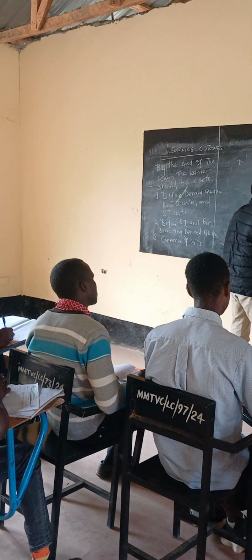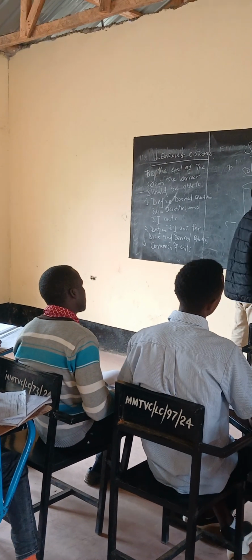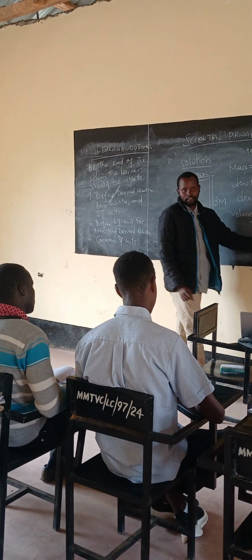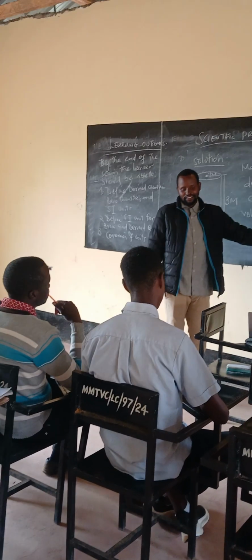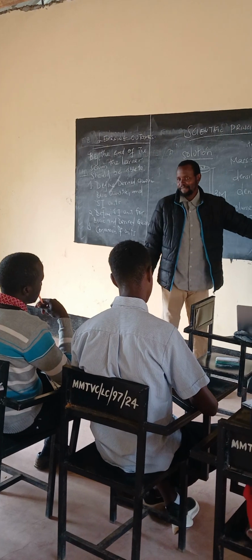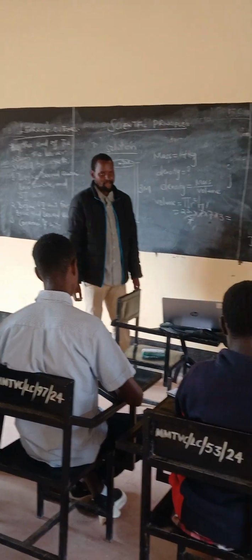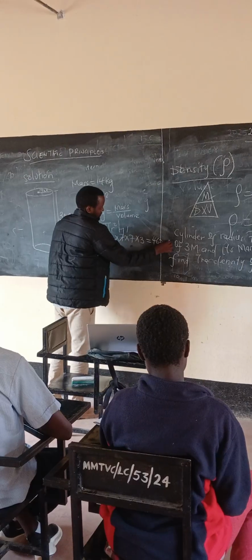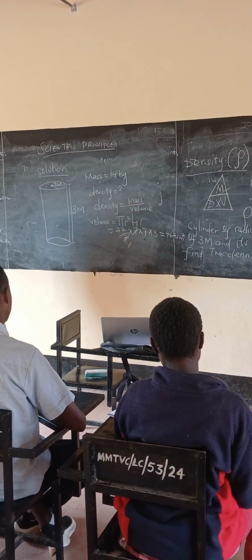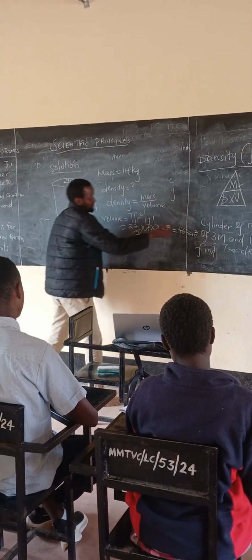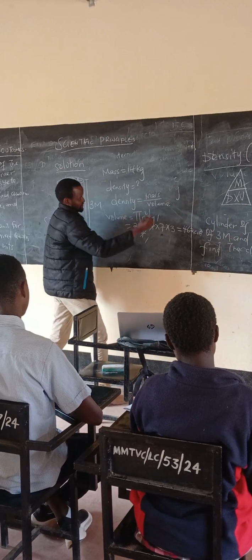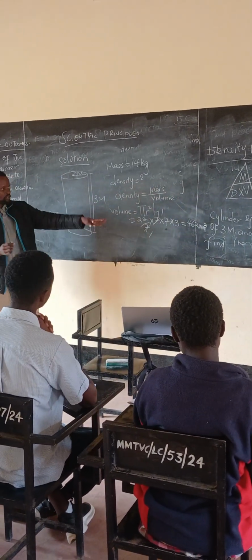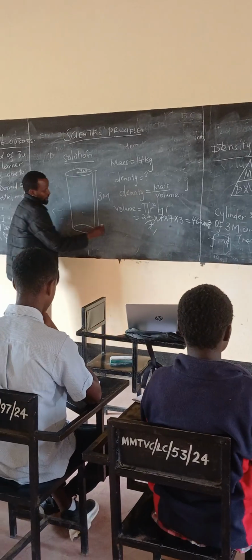This is equals to 22 times 7 is 154, times 3, 462 meters cubed. Now we have gotten the volume, so we find the density,